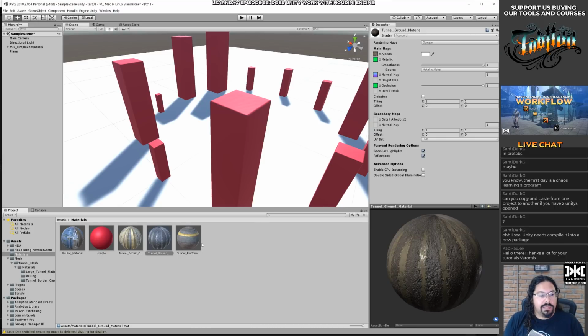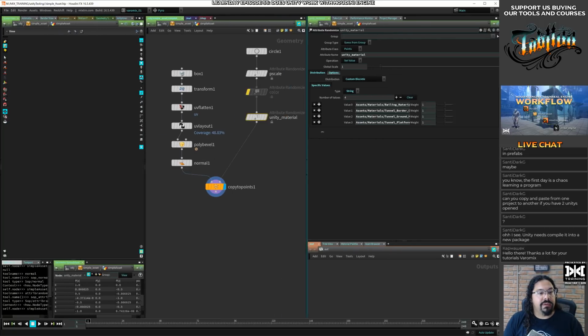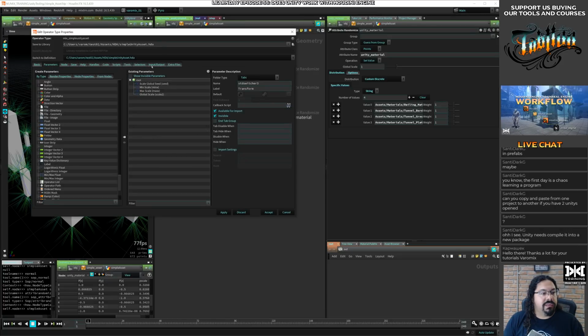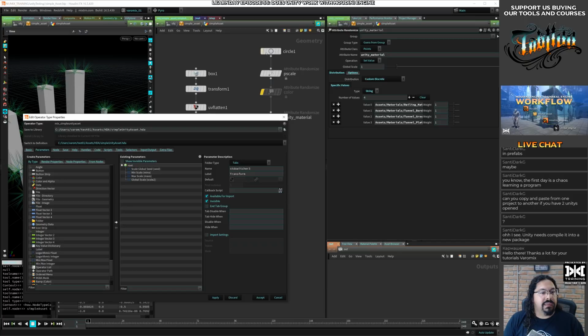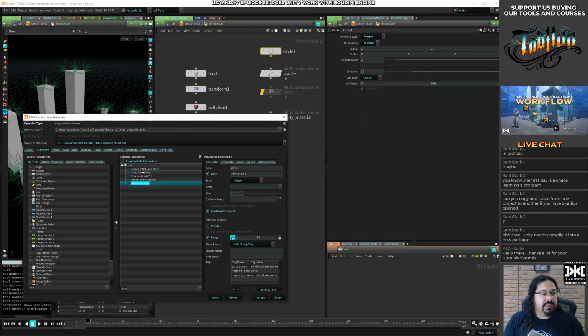it wouldn't work. So what we're doing right now is we are going to randomize the material for each one of the copies here. And let's also expose the number of points on the circle, which is this one. Let's put it at the top and say number of points.